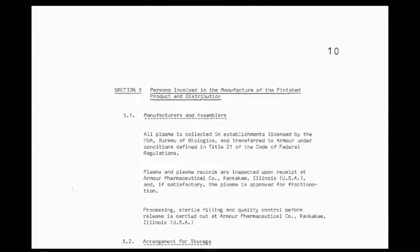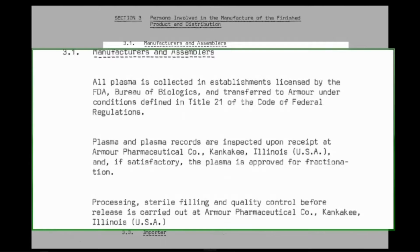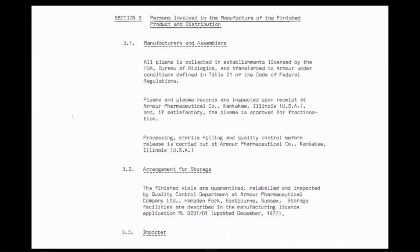And then top of the next page, in terms of manufacture, all plasma is collected in establishments licensed by the FDA Bureau of Biologics and transferred to Armour under conditions defined in Title 21 of the Code of Federal Regulations. Plasma and plasma records are inspected upon receipt at Armour Pharmaceutical Company, Kankakee, Illinois, and if satisfactory, the plasma is approved for fractionation. And then if we turn to page 27,